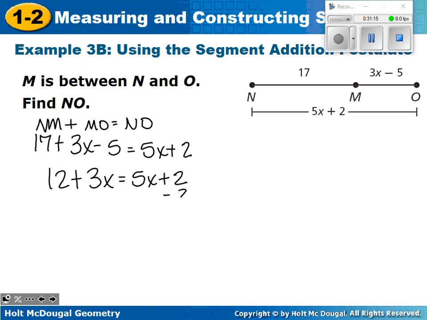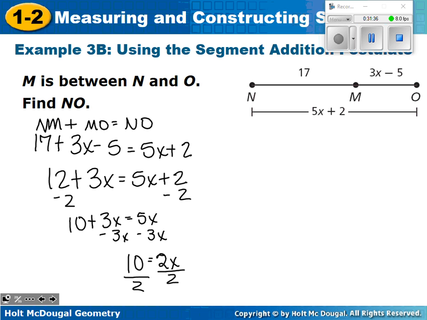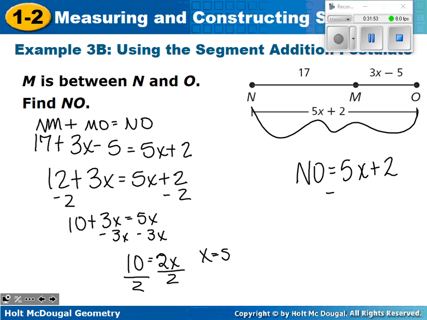Can subtract the 2 from both sides. So now I have 10 plus 3x equals 5x. From here, subtract the 3x. And now I have 10 equals 2x. Divide by 2. What is x? Is that what it asked me to solve for? No. Now I have to go back and plug it in. It wanted me to find NO. I found out that x was 5. So NO is the whole thing, which means I'm going to plug in that 5 for x. So now I have 5 times 5 plus 2,